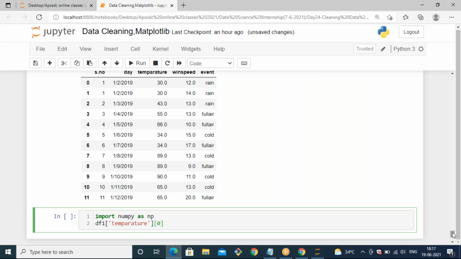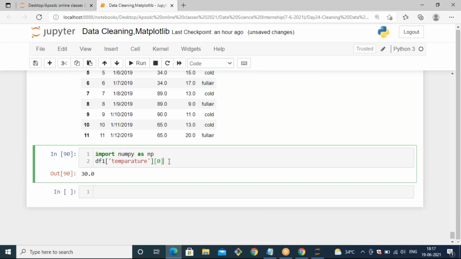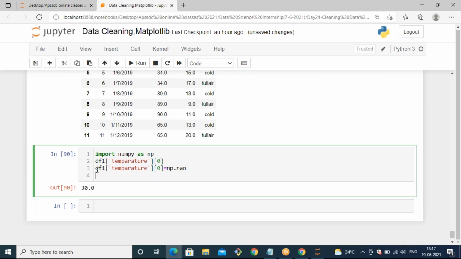Temperature of 0 gives you the 0th position of temperature. It has 30.0 as a result, right? So if you want to change this 30.0 to a NaN value, you can change it. How? You can just copy the position and then assign the NaN value like np.nan. And after that, you can print this.